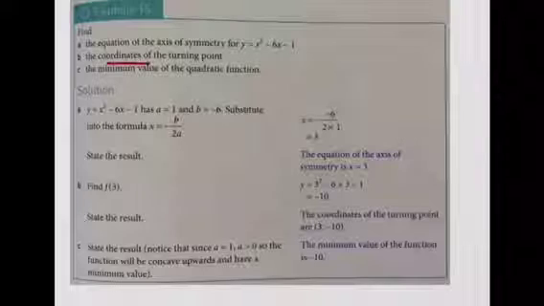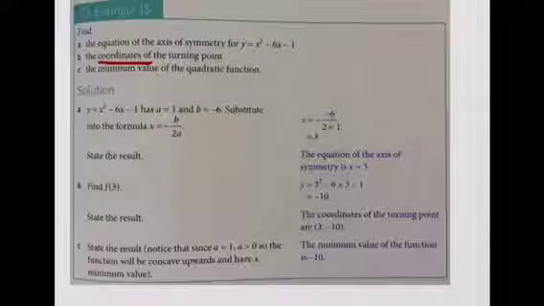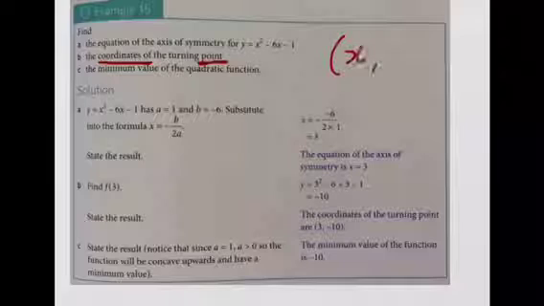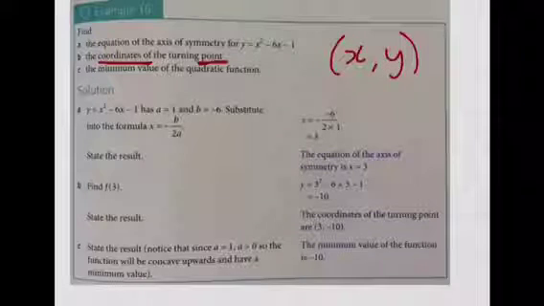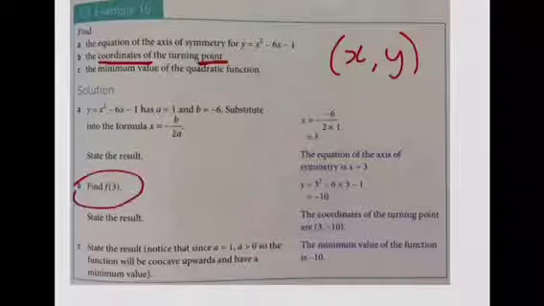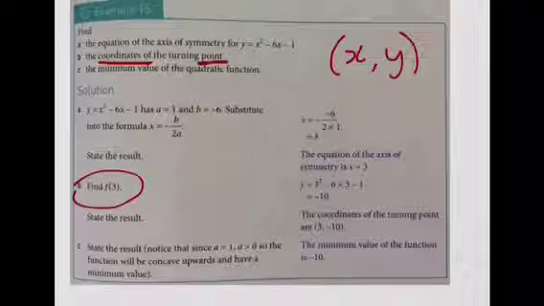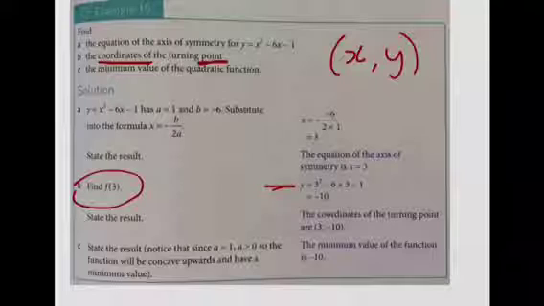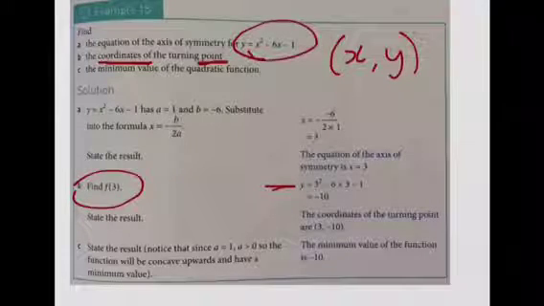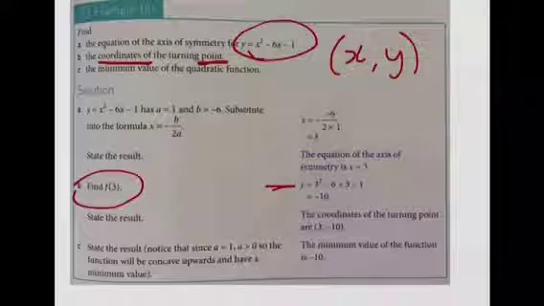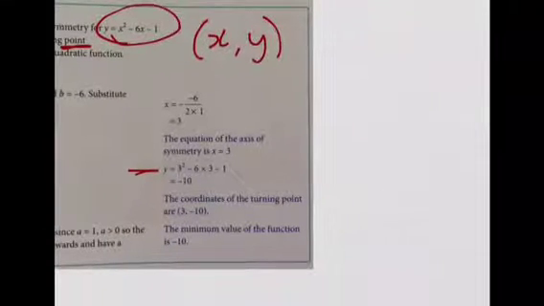The coordinates of the turning point. So coordinates, plural, meaning there's two of them, and it also says point, so make sure you write your answer, some x value and some y value in brackets. So here we go, find f of 3. So they've taken their original equation here. Always good to write the original equation first. But in this case you might write